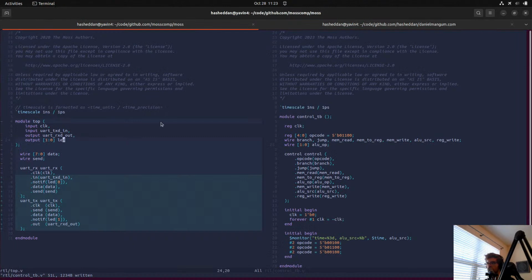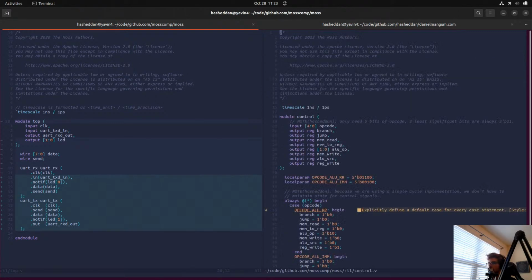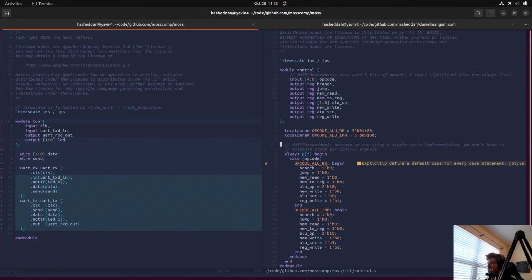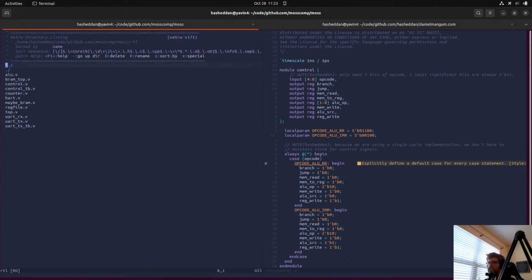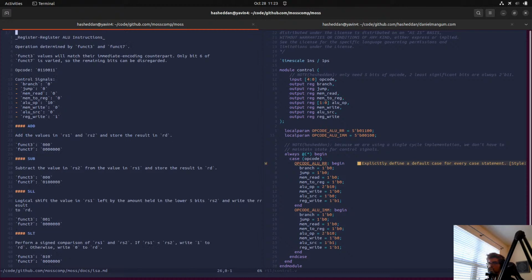While it's doing that, I wanted to jump back over here, and we were going to continue working on adding our various opcodes. So let's go over to docs. I think it was in ISA. So we have register ALU.